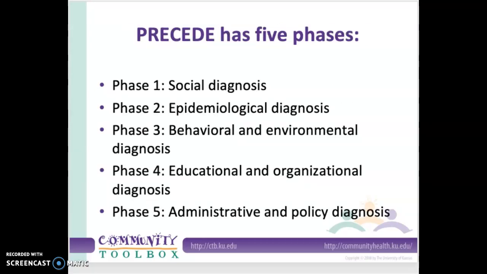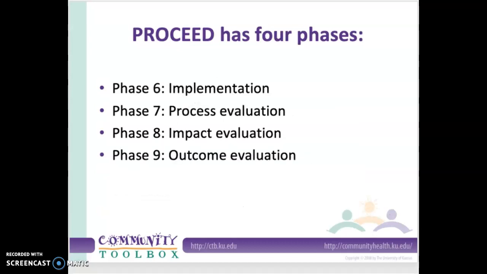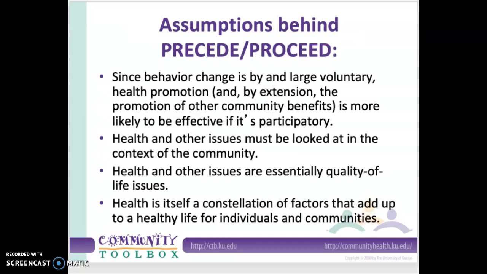So Precede has 5 phases: social diagnosis, epidemiological diagnosis, behavioral and environmental diagnosis, educational and organizational, as well as administrative and policy. Proceed has 4 phases: the implementation, and then the 3 phases of evaluation: process, impact, and outcome. So let's talk about all of them here in a minute. So the assumptions behind this model,